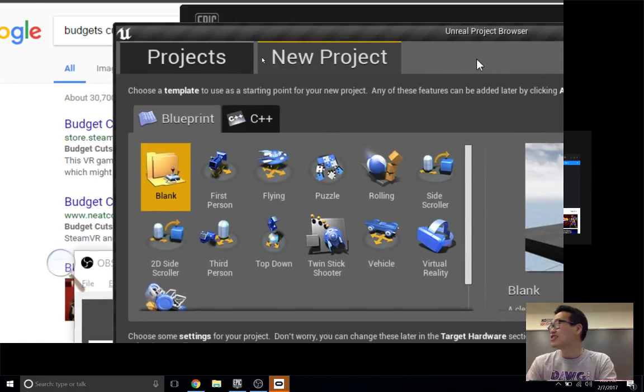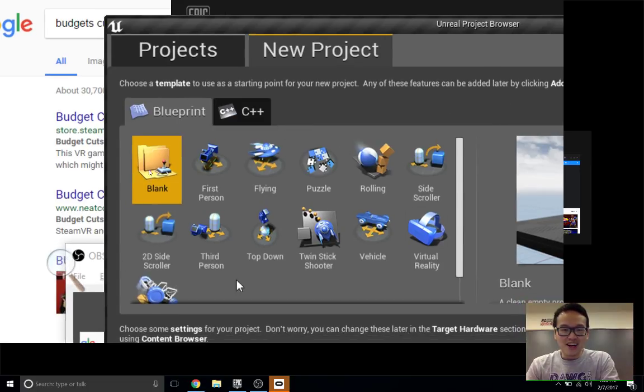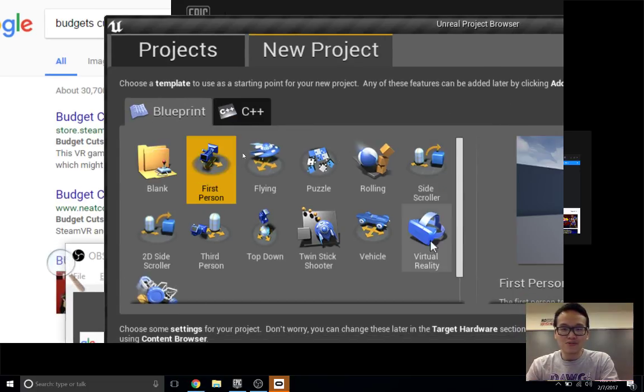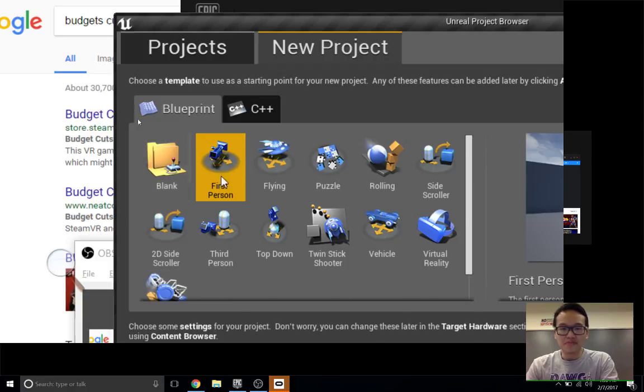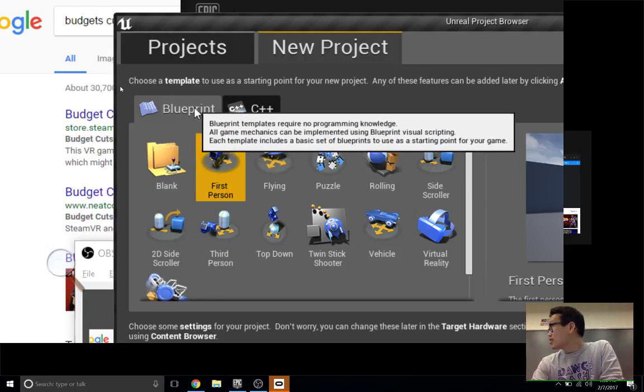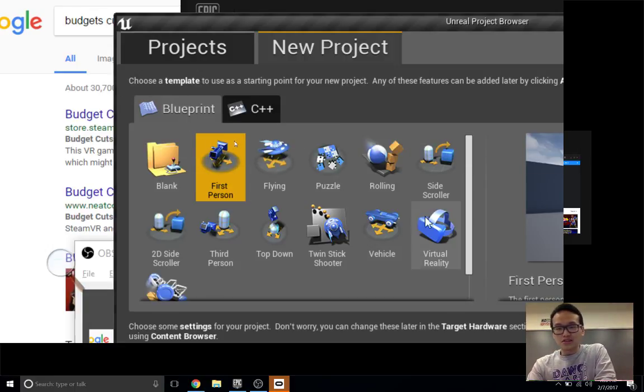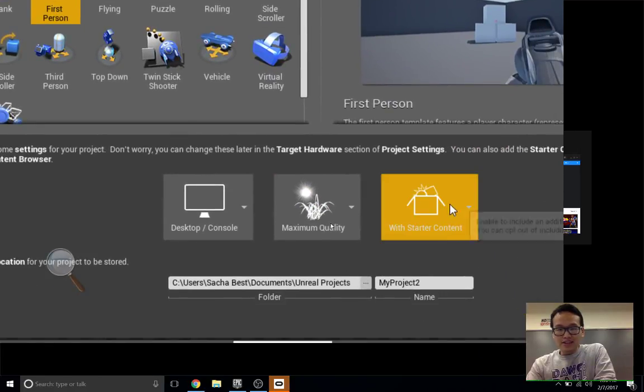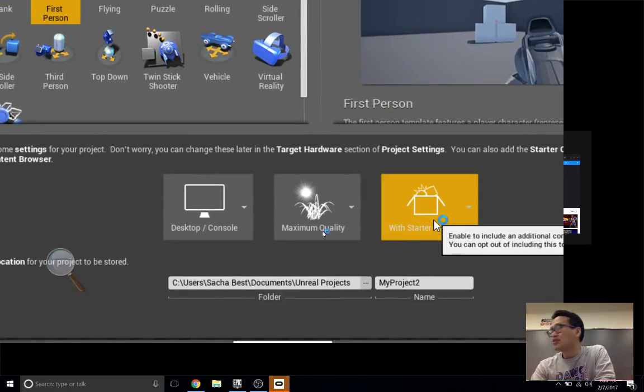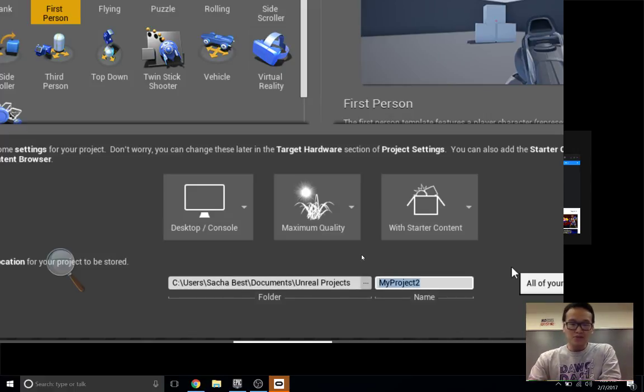Okay, so are you guys all in your project? Okay, so these are all Unreal templates. They have base mechanics. We're going to start with a template from First Person, and make sure you choose Blueprint here instead of C++. We're just going to use Blueprint instead of base code. Down here, make sure you have Starter Content on. This gives you some basic meshes and visual effects and materials that you can play with. Name the project however you want. I'm just going to do something like VR tele game or something like that.